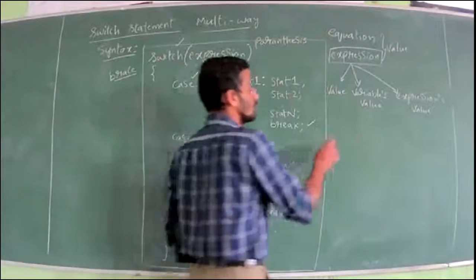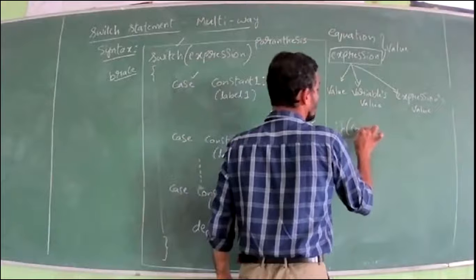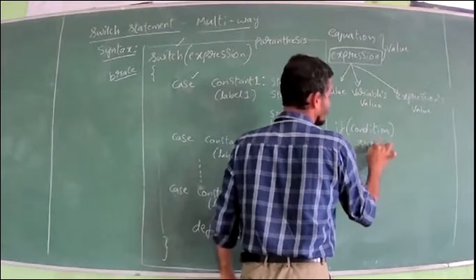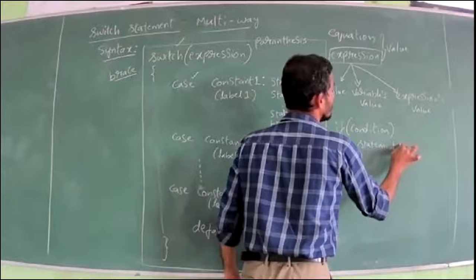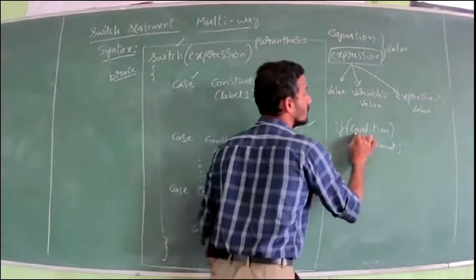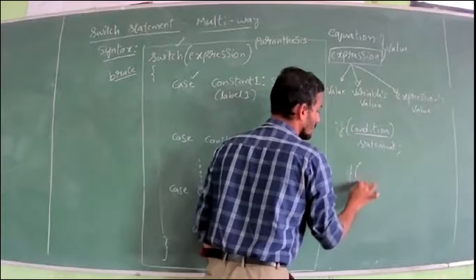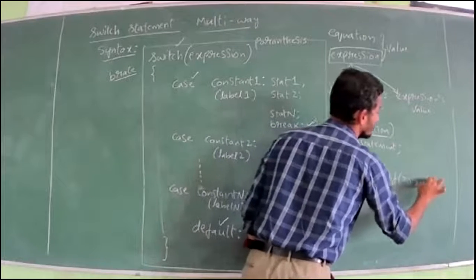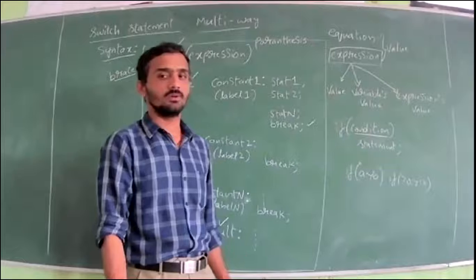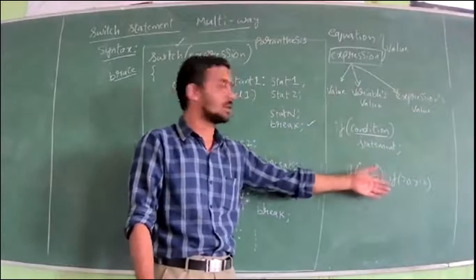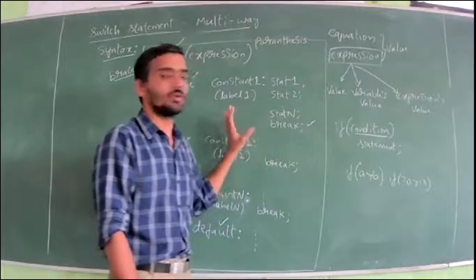Say, in the case of if else, in the syntax, if condition statement. When we write the example for this, we will not write the word condition. We will write like if A greater than B or if 20 greater than 10. I hope you are getting it. In the syntax, we use these words. In the example, we directly write A greater than B or 20 greater than 10. This is like a formula.